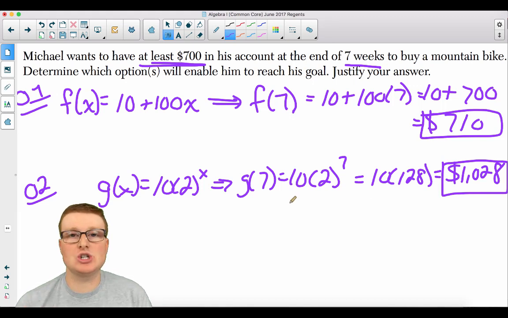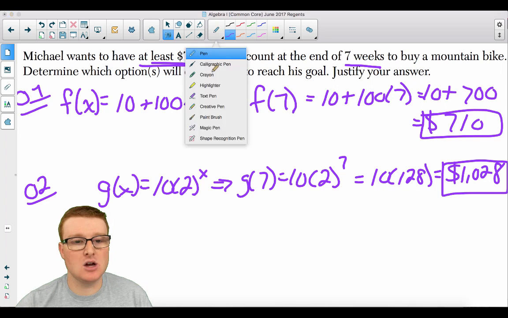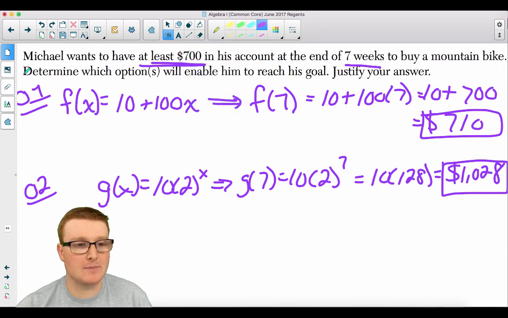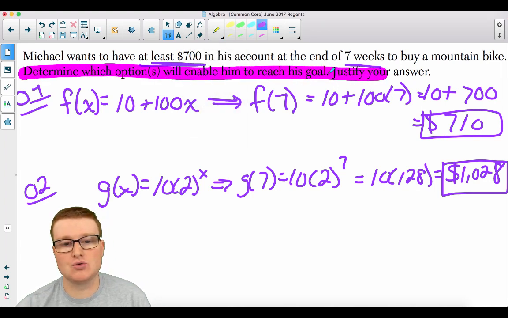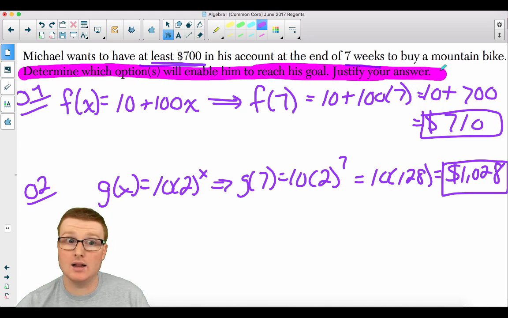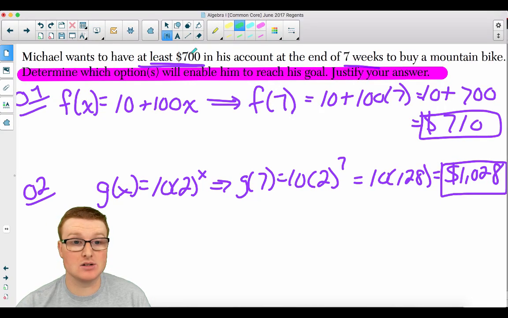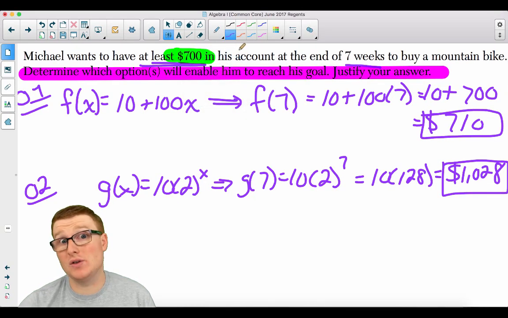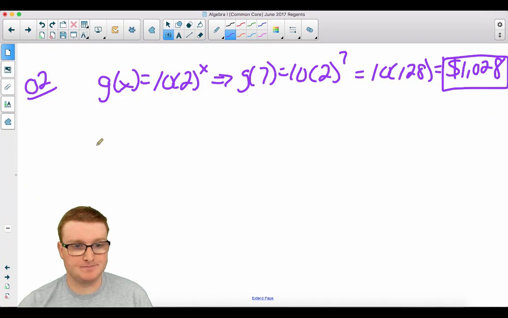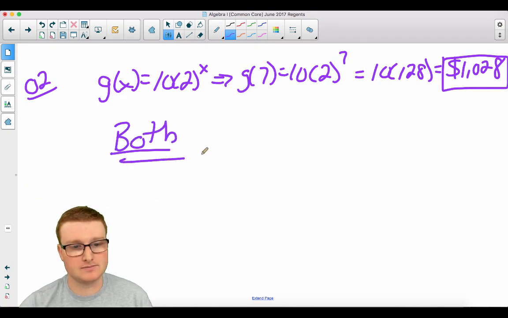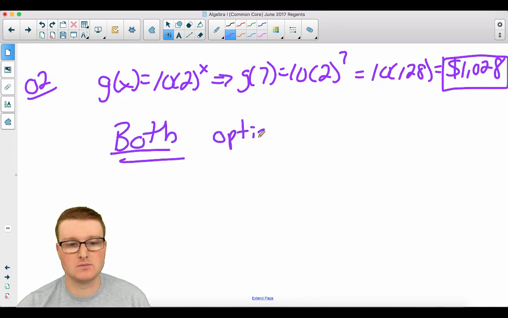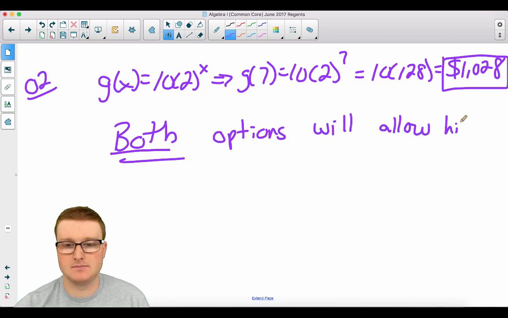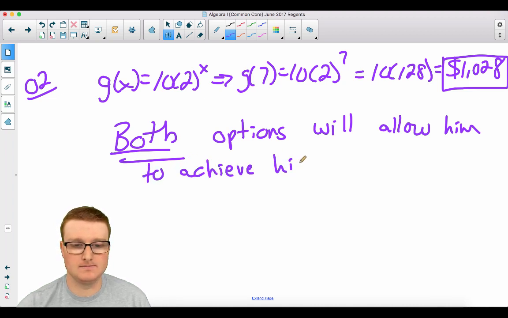But the question's not asking which one has more. It's saying which of the following option or options will allow him to reach his goal. Well, he only needs $700 to reach his goal. So technically, both of them work. So here's your answer. Both options will allow him to achieve his goal,